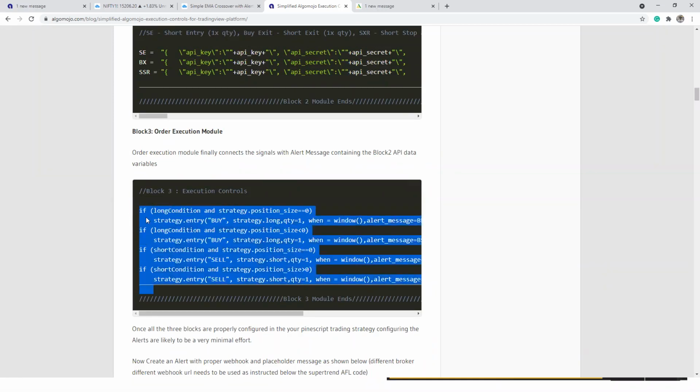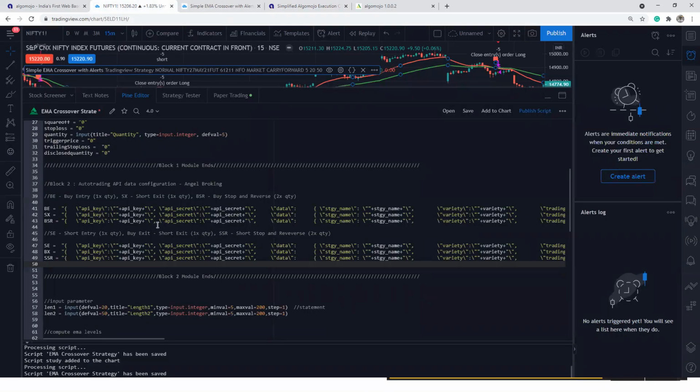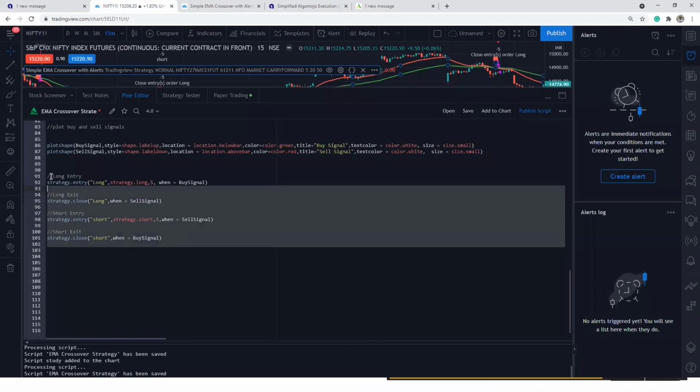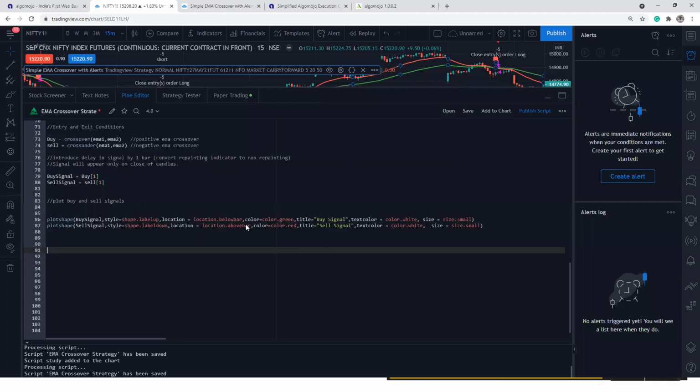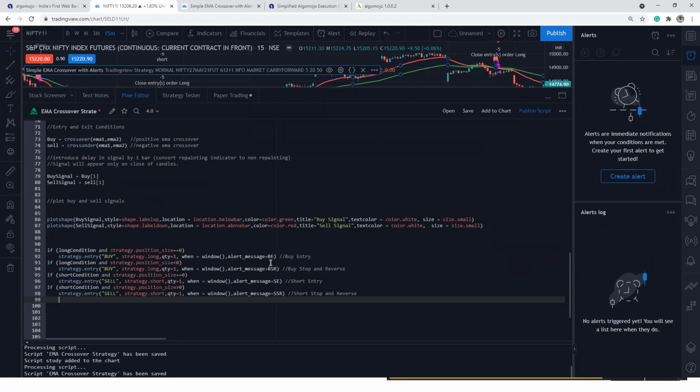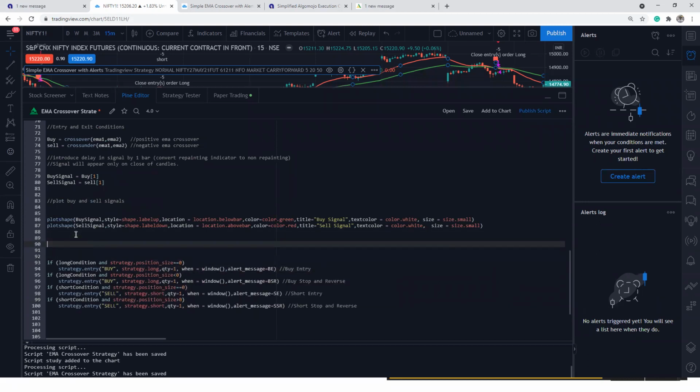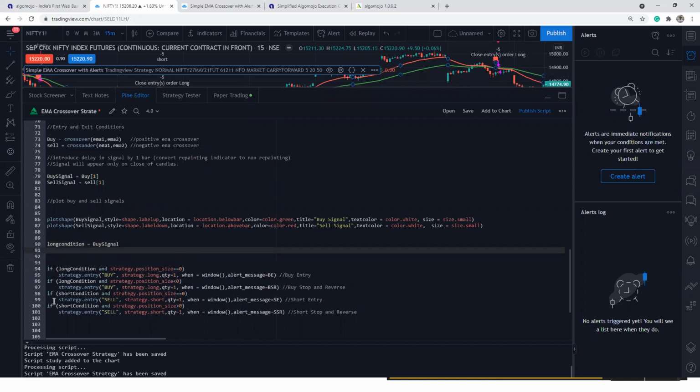I'll copy all these things. It's very simple to do. I copy all those conditions over here and go back to my module. I'll remove my long and short entry conditions and just replace them with my module, which contains, when there is a long condition, I want to enter buy. So this long condition, I'll connect with my buy signal. And likewise, the short condition, which I coded over here, I connect with my sell signal.